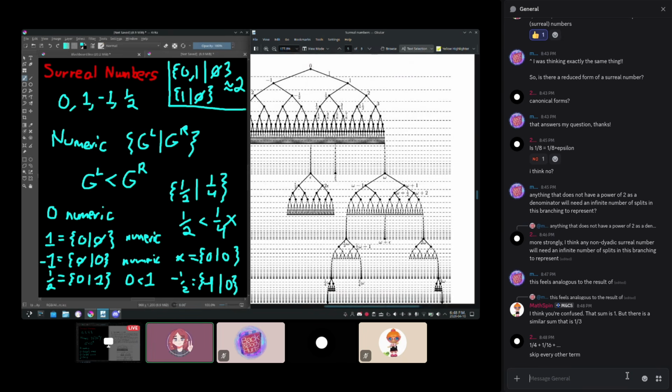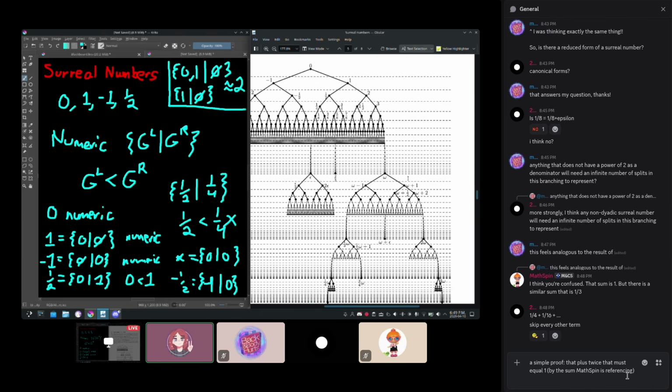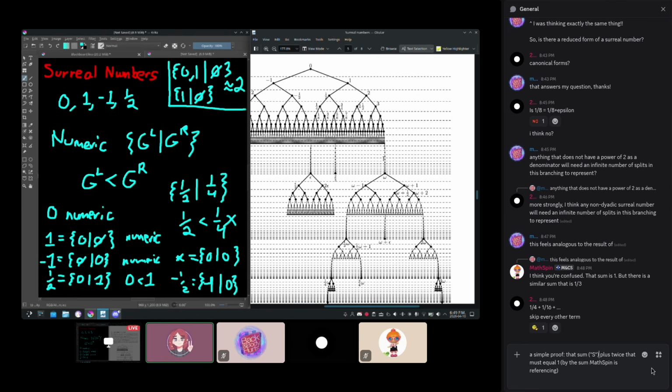What else do we have here? For instance, if I went to 3 and then took some branches selectively, going to the right, a lot to the left, and then a bit more to the right, I might end up with pi somewhere in here. Really, if I keep taking my left and right turns selectively, I can land at any real number. So the surreals at the very least contain all of the real numbers, they contain all of the ordinals, and a lot of arithmetic that you can perform on them, which, I think, means that any structure that contains both the ordinals and the real numbers has to be a very weird structure.